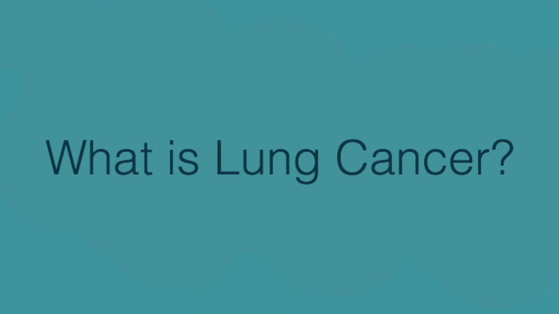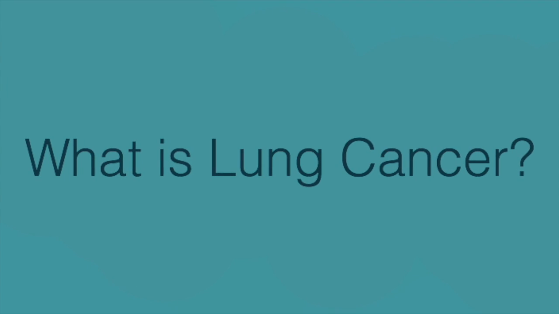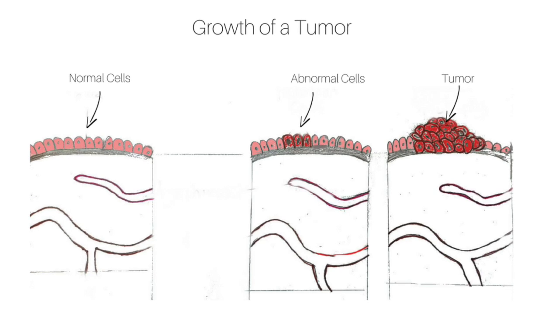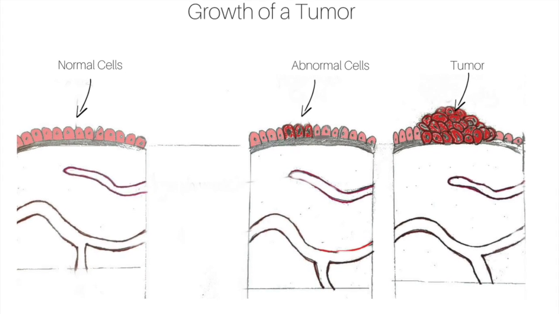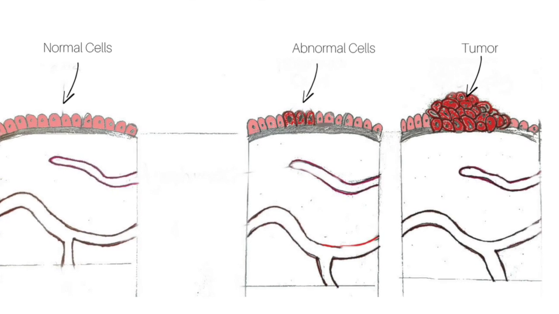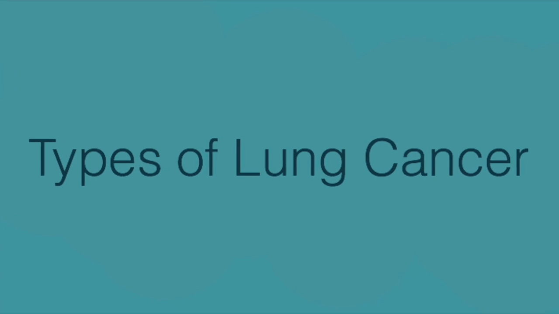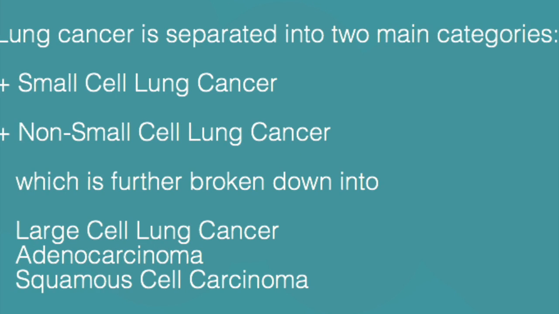Lung cancer has the highest mortality rate of all cancers in both men and women. When cells multiply excessively and do not follow normal controls of cell division, abnormal masses of cells form. Masses can be benign or malignant. Malignant masses are cancerous. There are several different types of lung cancers based on the cells present and where the